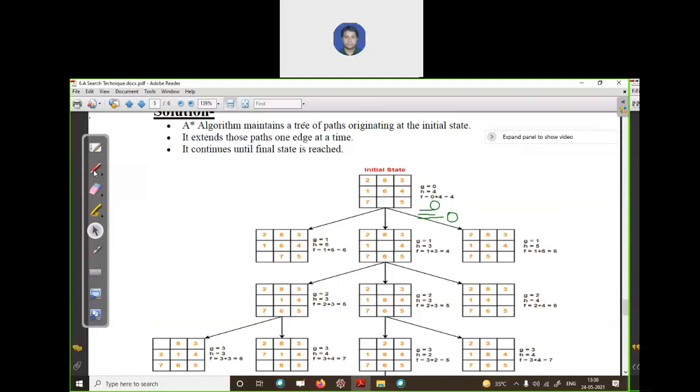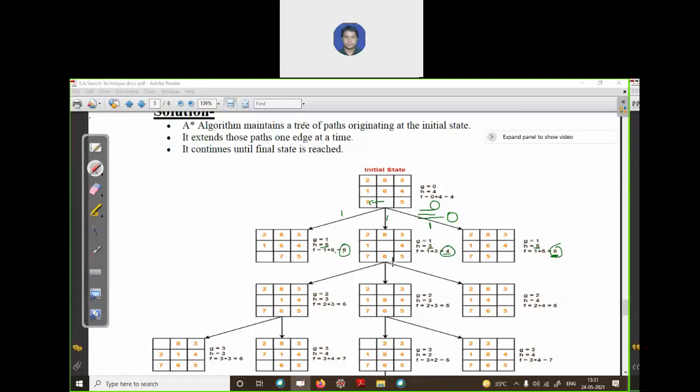I'm not calculating it now; it's written here and I'm just reading it for you. The Hn values for these states are 5, 3 and 5. The actual cost is one for each move: moving the blank left costs one, moving up costs one, moving right costs one. Sum up: 1 plus 5 is 6, 1 plus 3 is 4, 1 plus 5 is 6. Again we have 3 states, with Fn values 6, 4, 6.